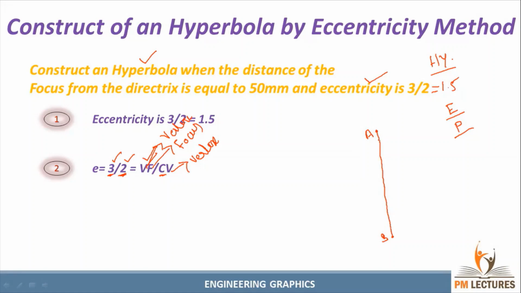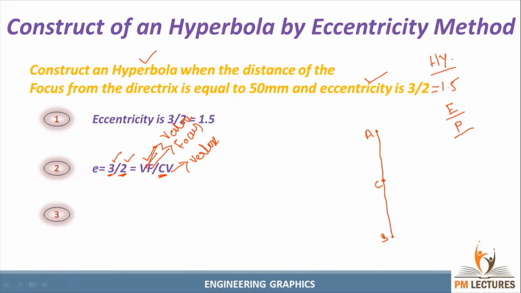After naming the points on the directrix line, note that this line has no fixed magnitude. As per our wish, we can draw this line. After drawing the line, give the names A and B. Then we can find the midpoint of this directrix. That midpoint is called C. So this is the midpoint of the directrix. After doing these things, we can go for the third one.